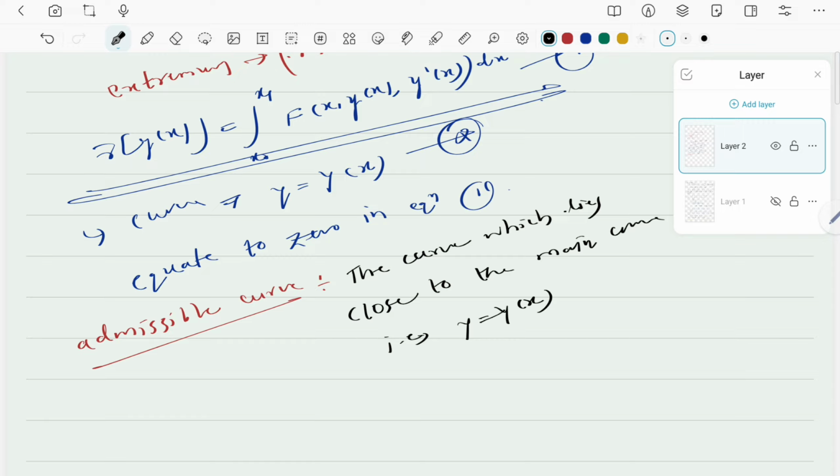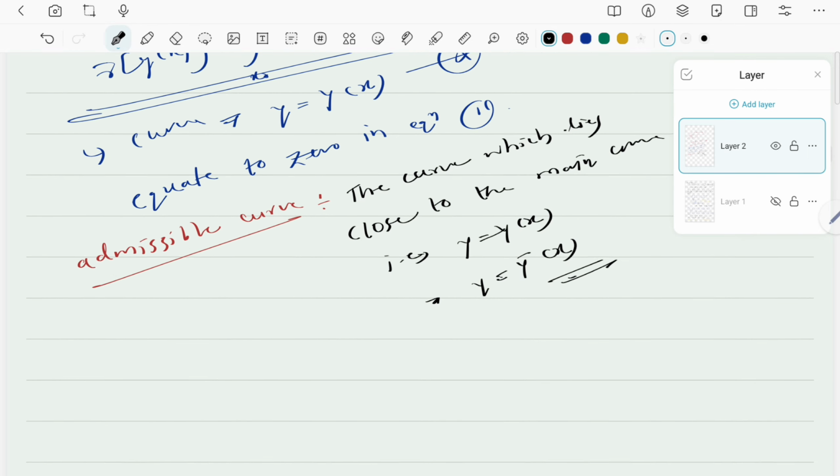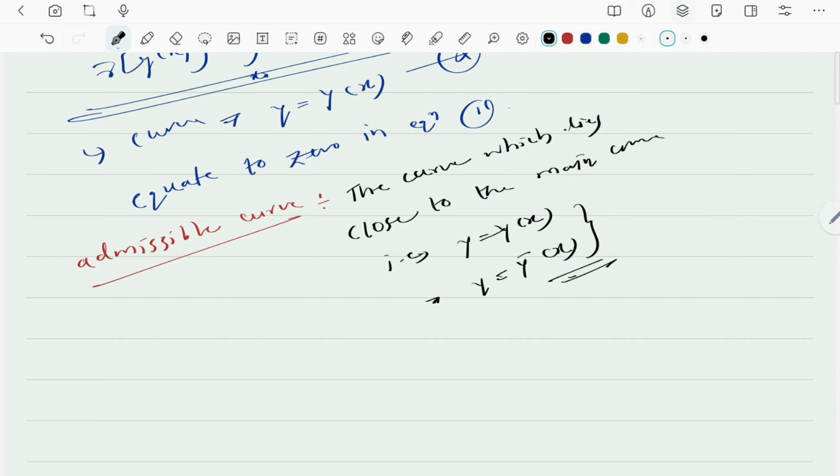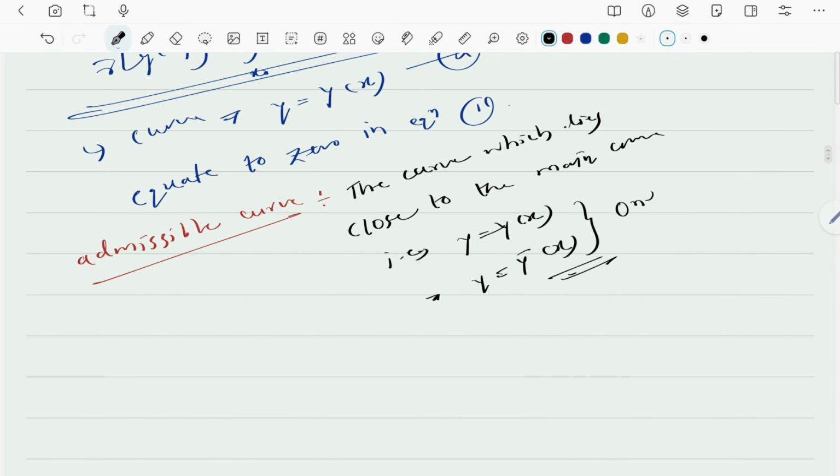Therefore, the admissible curve can be written as y is equal to y bar of x. Therefore we have two curves, that is y is equal to y of x and y is equal to y bar of x. Therefore, taking these two into one parameter,